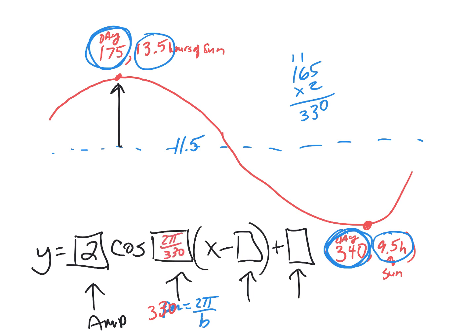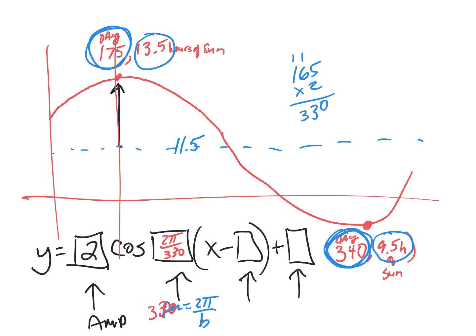All right, next, the reason that we use cosine and not sine is because at some point, you've got to say that this graph is shifted over. The odds of you having your graph start exactly on the day that you had the highest amount of sunlight, if you had started your graph exactly right here, well, then it wouldn't have any shift. But in the real world, you're not going to get that lucky that the teacher sends you out to do the tide lab on the exact moment that you hit the high tide or the highest amount of sunlight. So that means we've got to shift it.